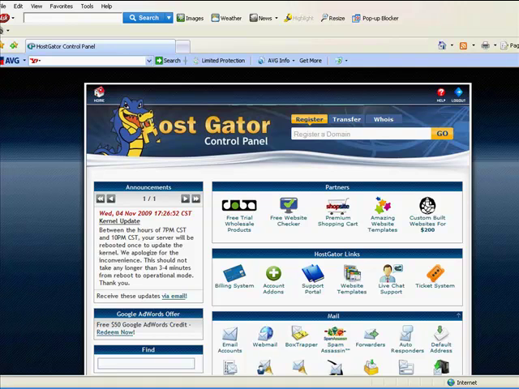I've got this quick tutorial video now showing you how you can actually utilize a free tool that you've already got in your cPanel that you may actually not know you've got. And you can actually use this in order to edit the look on the text or anything on your web